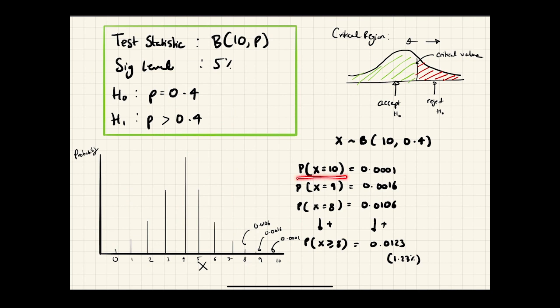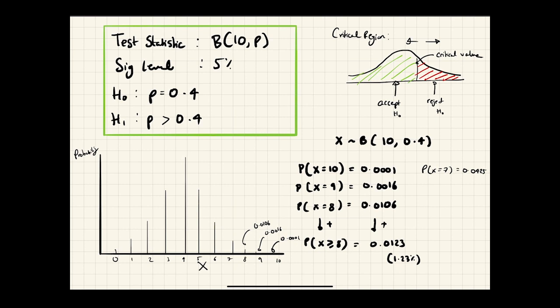We found the probability x is 10, x is 9, x is 8, and when we put that together, we got the probability x is more than or equal to 8, which gave us 1.23%. And 1.23% is less than 5%. And since this is the case, we so far know that any of these values, if you get it, you'd reject it. So what happens if we then move on to the probability that x is actually equal to 7? Well, if you try to figure out the probability that x is equal to 7, you get